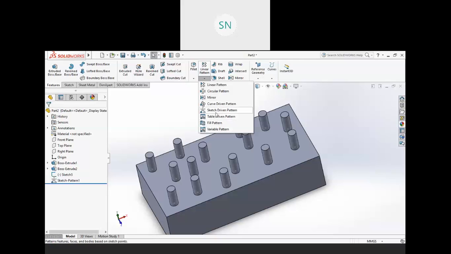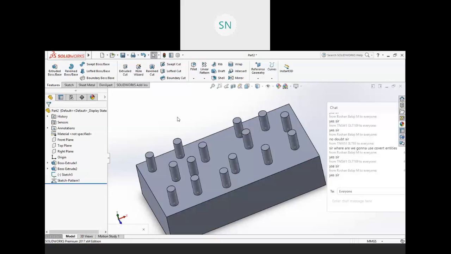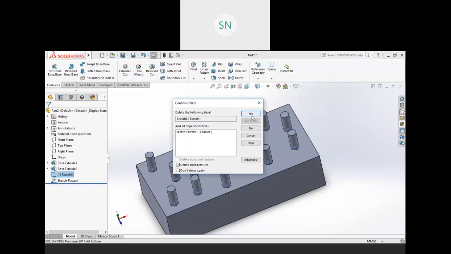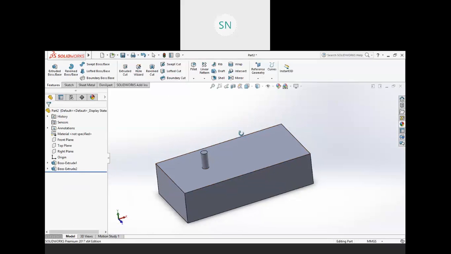You must have some knowledge about how this coordinate system works. And also we need to create our custom coordinate system over here first, right? So let us create our coordinate system first. So I'm going to delete this pattern, delete, okay.